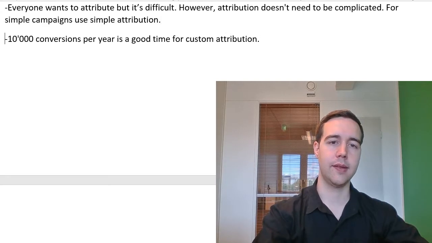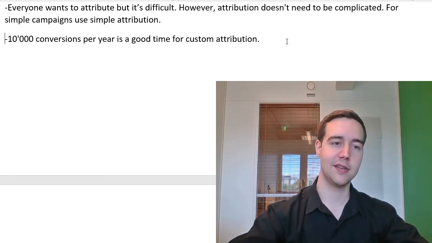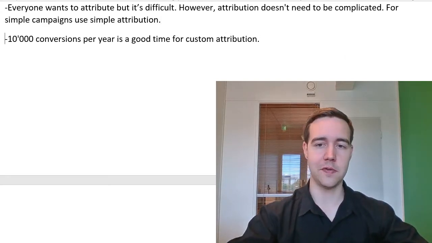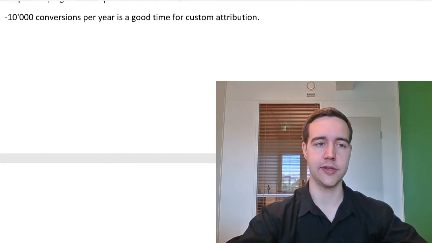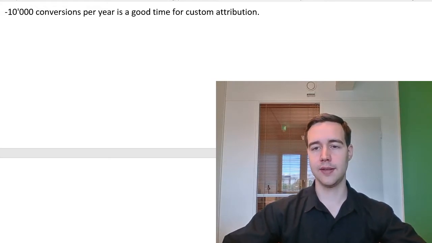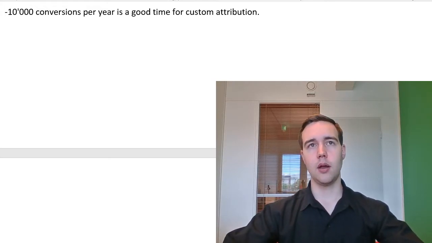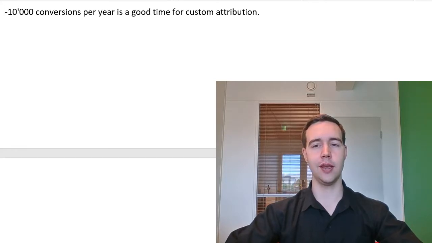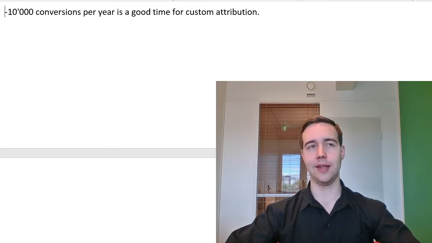And if you have a really big business, if you're making a lot of sales, say 10,000 conversions, then start thinking about custom attribution and about how you could have a model that most accurately describes how you're getting customers to buy and how your marketing money is spent, etc.